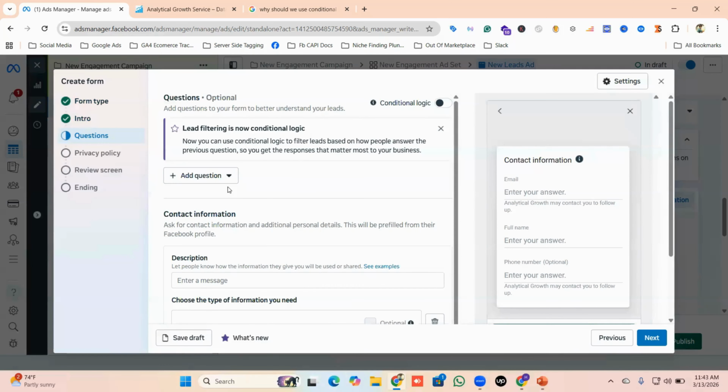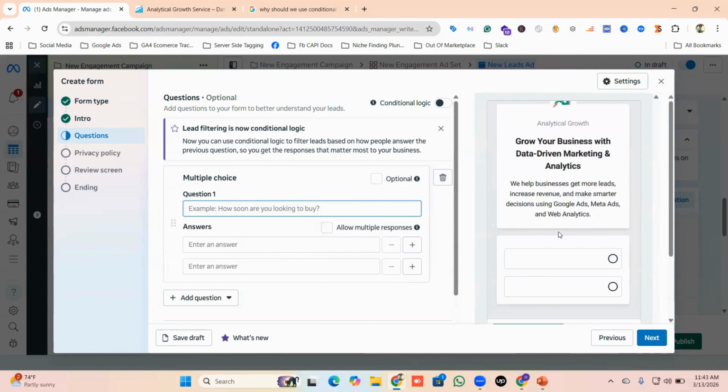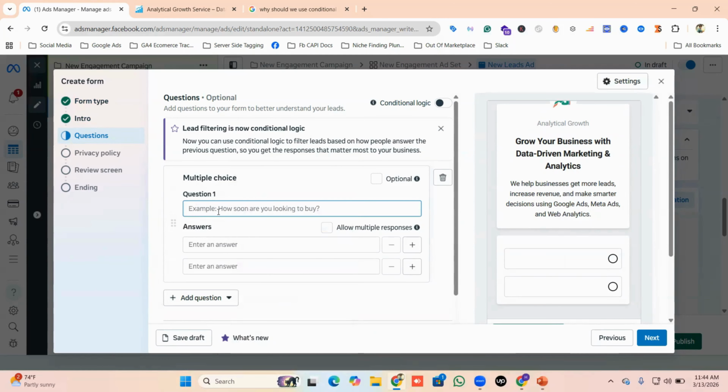So you can see we have an option called add question. You can add multiple choice questions, short answer, then conditional appointment request. Okay. So if I choose multiple choice, then you can ask this sort of questions like if